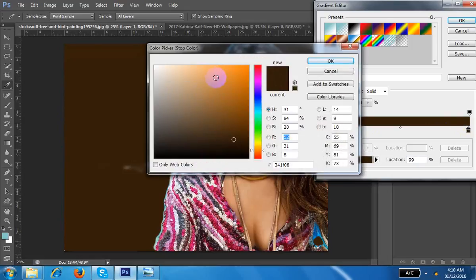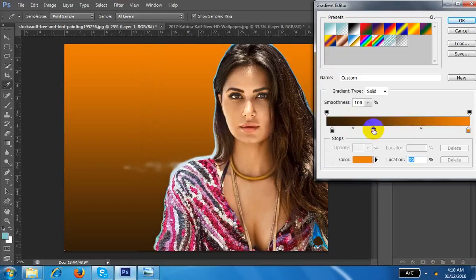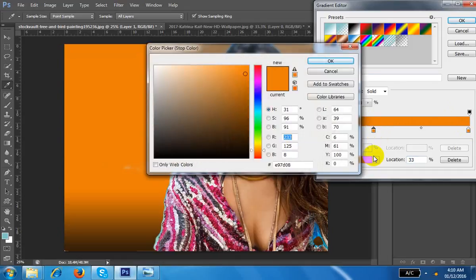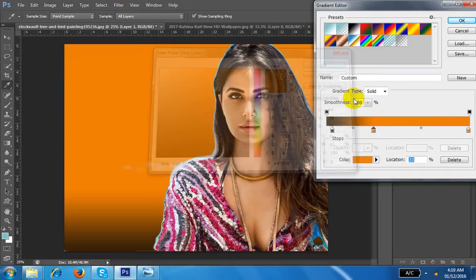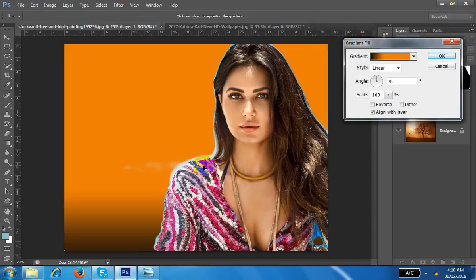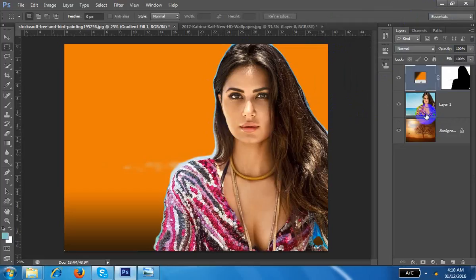On double click, you can change the color from here, and double click you can find any box here. Remove, it's done. Remove, it's done. Understand? So make it according to you. Right now what happened? There is something missing in this place. And so how to do all this?